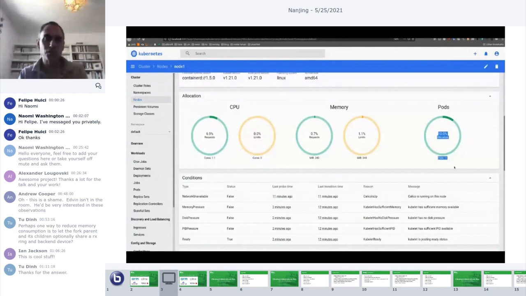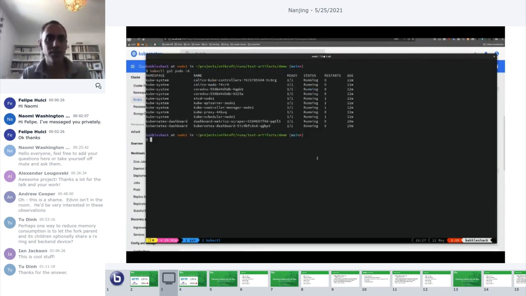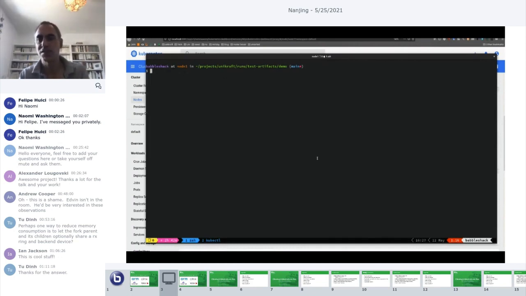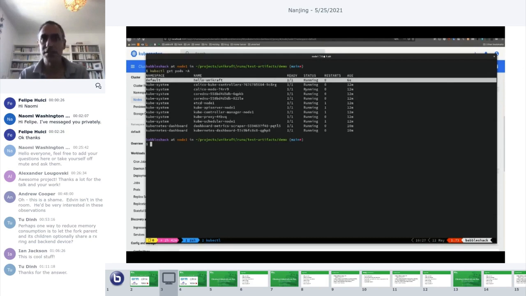So I already showed Craft for building, so let's move on to Kubernetes. Here's just a short video. We have a node called Node 1 already running. We have a number of pods, which are essentially virtual machines running on there, 11 at this point. And what we're going to do is go to the console and use the standard kubectl command. First, we can list the pods that are there, the virtual machines.